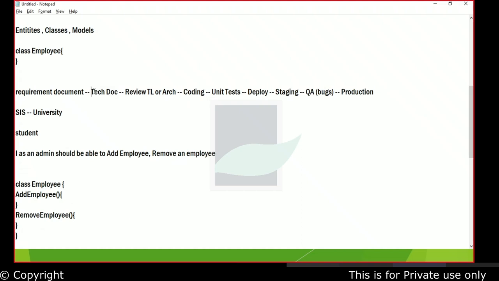Most projects don't even have the privilege of having a developer do this. They'll give you a requirement document, they'll ask you to jump to coding. They'll not have these steps. Very standard organizations like Microsoft, Google, they'll practice this, and like Tesco, I've worked with Tesco, they practice this. In other organizations which I've worked with, they don't practice this.